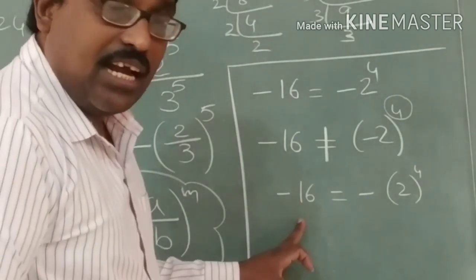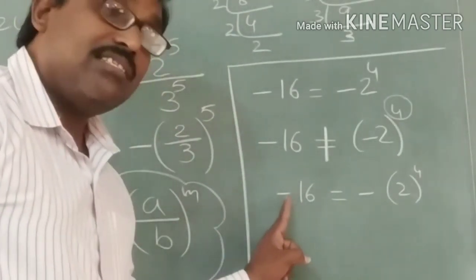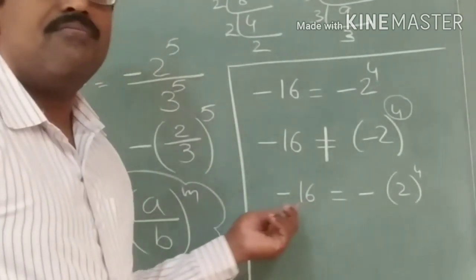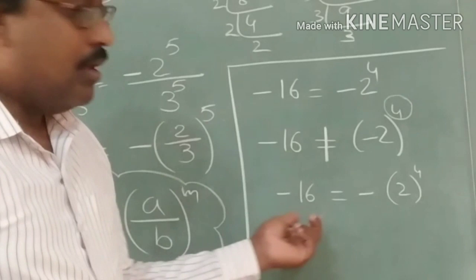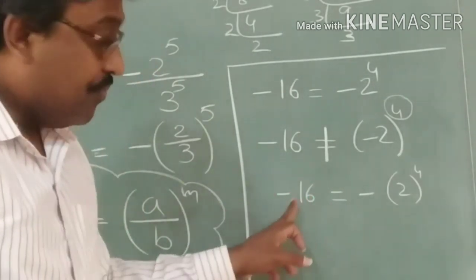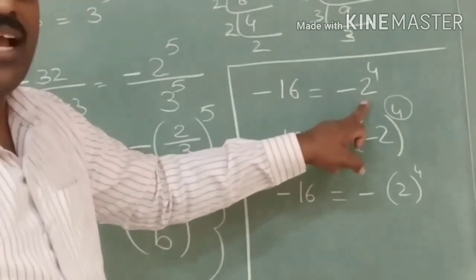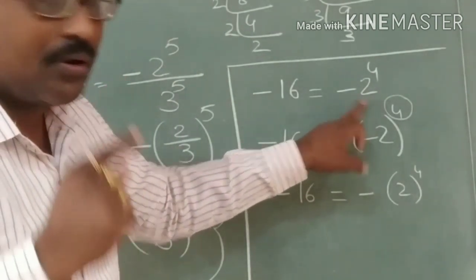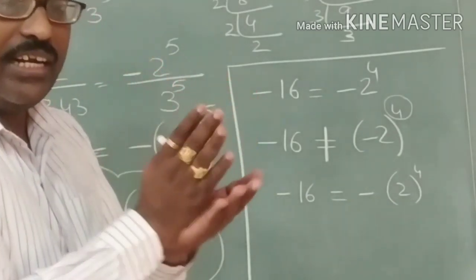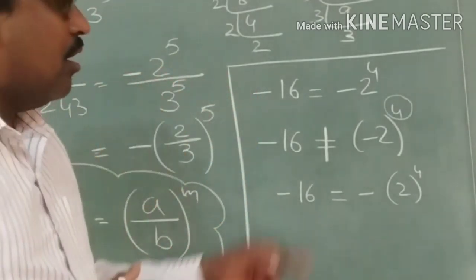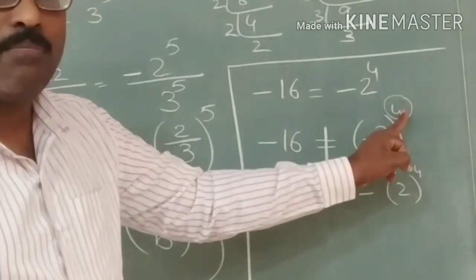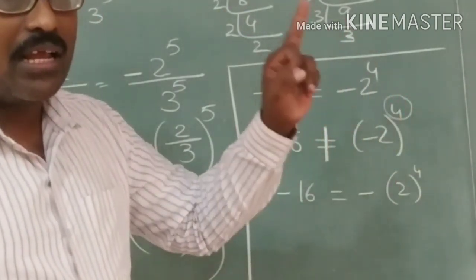Okay? Understand? So the minus is separate here, the number is separate. It's a number of negative quantity. Minus and 16, you are expressing 16 as 2 to the power of 4, not minus 16. Minus is a quantity representing that it's a negative number. You should not write that as minus 2 whole to the power of 4. Keep it in mind.